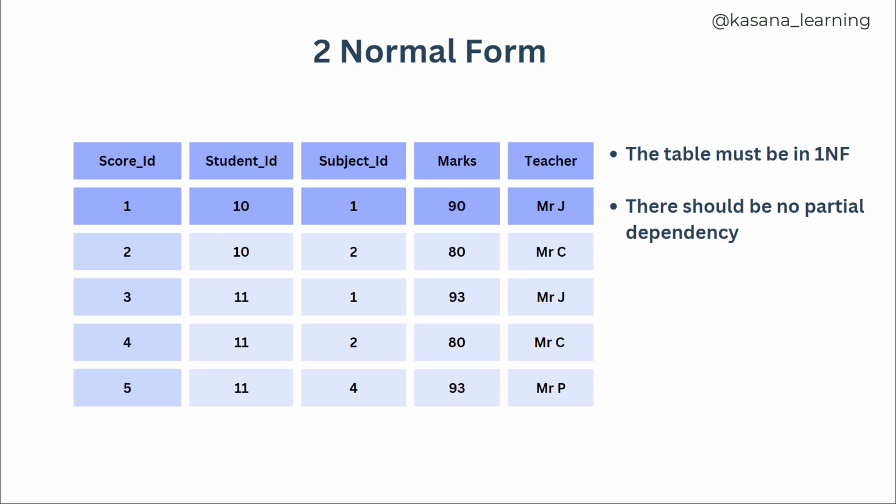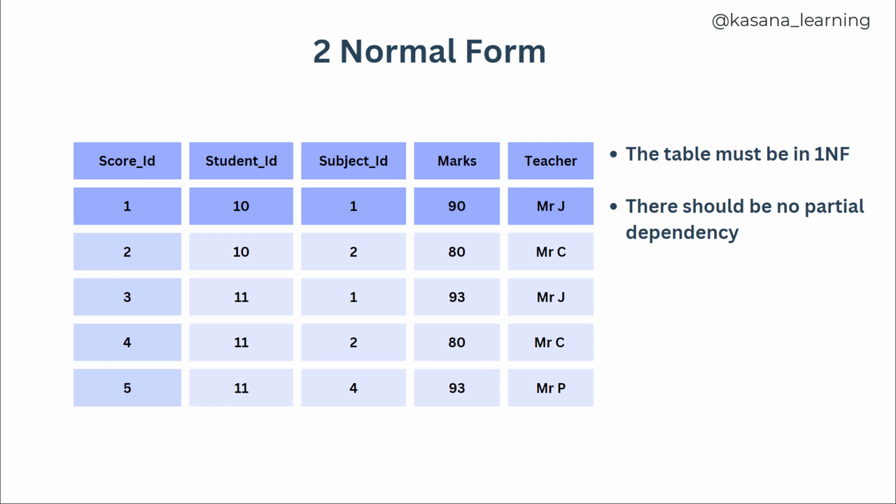Second normal form. In this normal form, there are two conditions. That is, the table must be in first normal form and there should be no partial dependency. What is the partial dependency? We will discuss it. But for an instance, we have taken this score table which contains score ID, student ID,